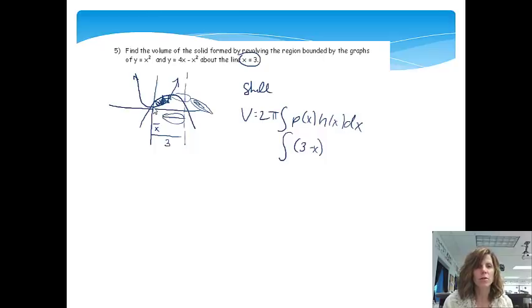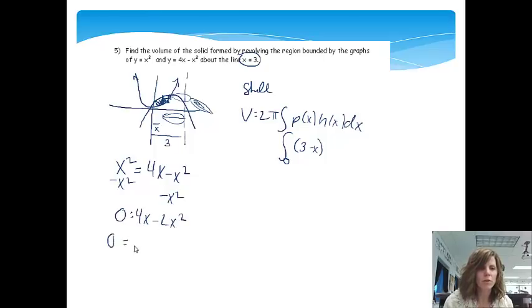Okay, this is going to go from where they intersect to where they intersect. And if I'm looking for where they intersect, for sure it's going to start at 0. And then we could either set those two equal to each other, which I think I will do since I haven't done that yet this section. I'm going to subtract x squared from both sides, so I'll get 0 equals 4x minus 2x squared, and then I'll factor out a 2x, so you get 2 minus x, and so x will equal 0, and x will equal 2. So it's going to go from 0 to 2,